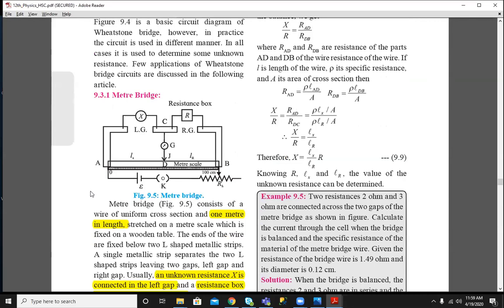In the meter bridge, what we are doing is pushing the unknown resistance X in the left gap and the known resistance R in the right gap. Before touching the jockey, the galvanometer is showing some deflection. After touching the jockey, we find a point at which the galvanometer shows zero deflection, meaning there is no current along this path and the bridge is balanced. Now in Kelvin's method, he put the galvanometer in the left gap, as we don't know the resistance of the galvanometer.